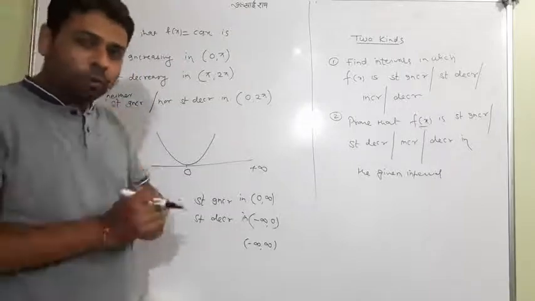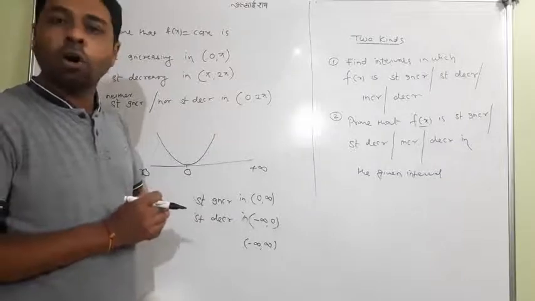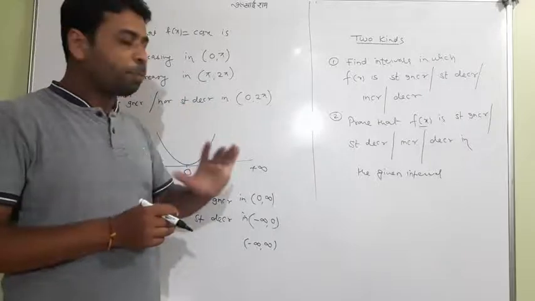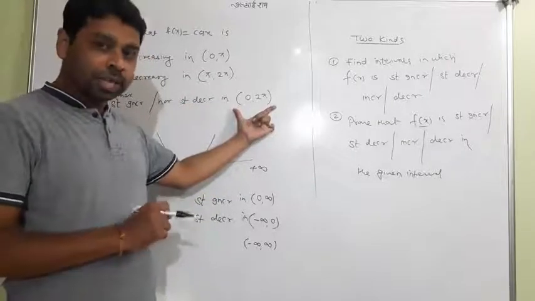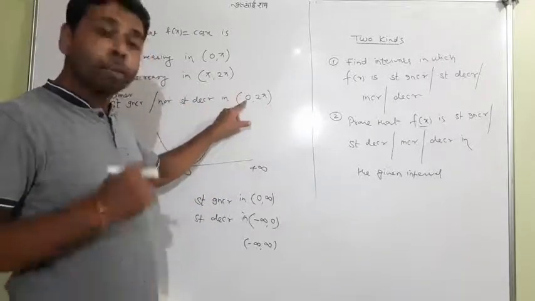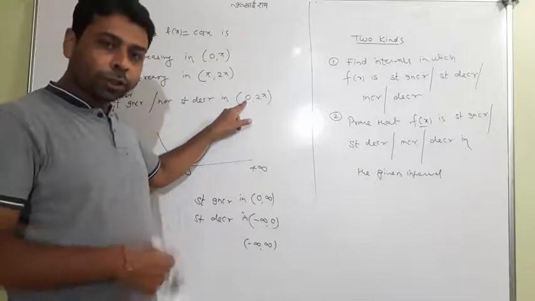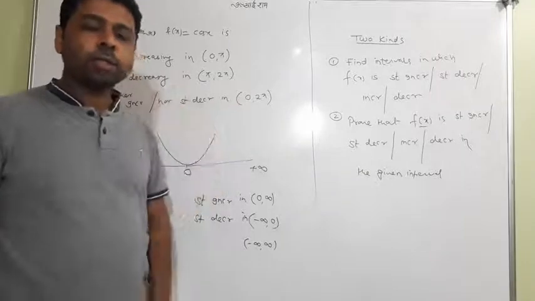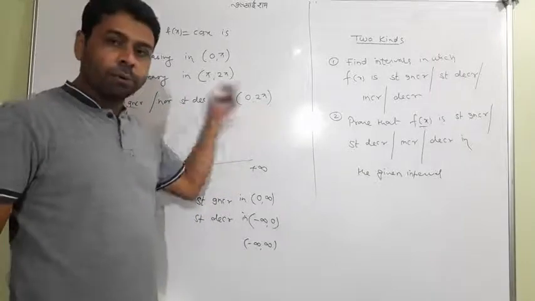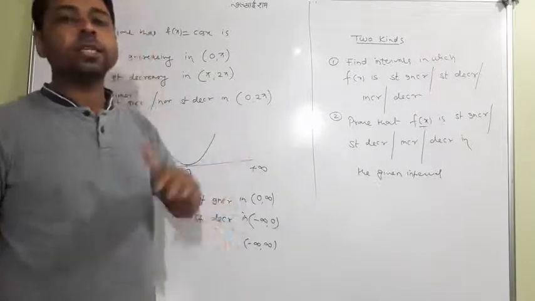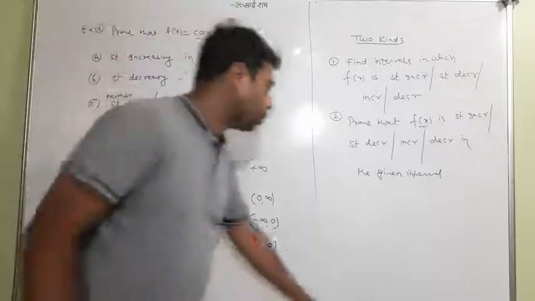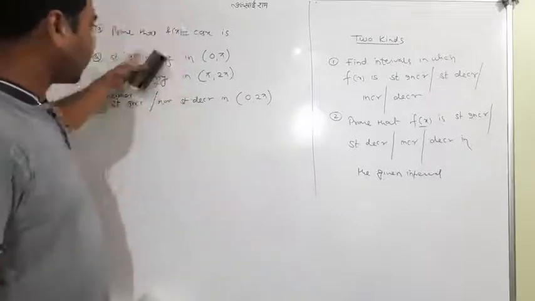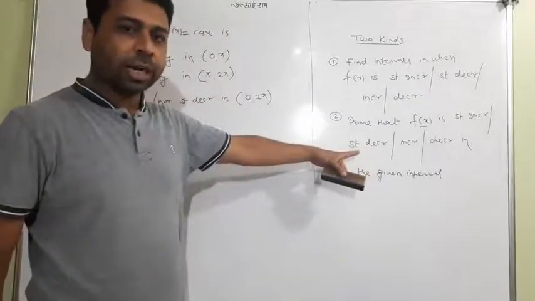Again I want to tell you the meaning of neither strictly increasing nor strictly decreasing. In 0 to 2 pi, as asked, I would say that in some subinterval the function is strictly increasing and in another subinterval it is strictly decreasing. So over the whole interval the function is called neither strictly increasing nor strictly decreasing. Okay, so this is the way of learning. Now this is the second kind of question.